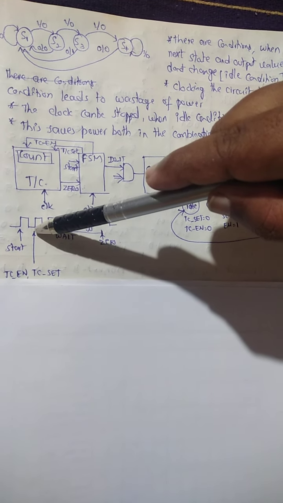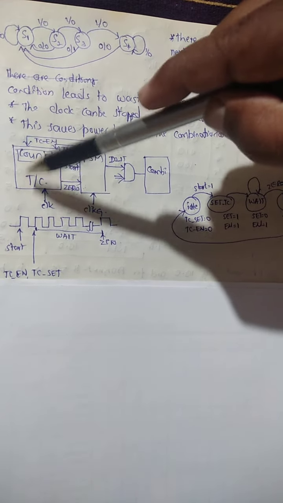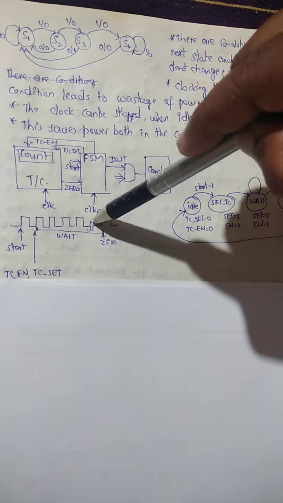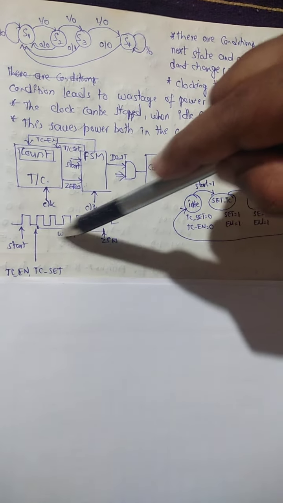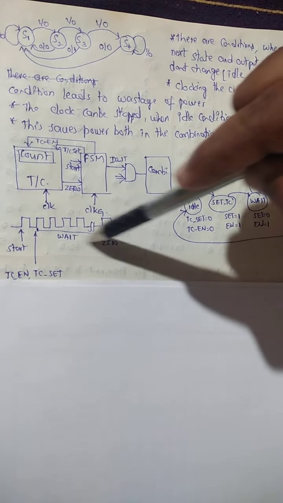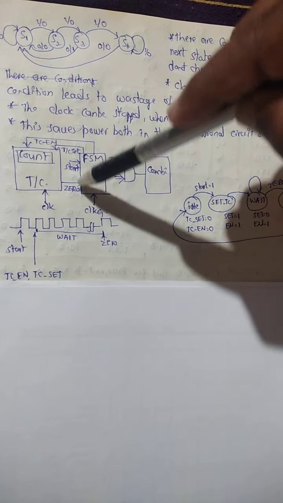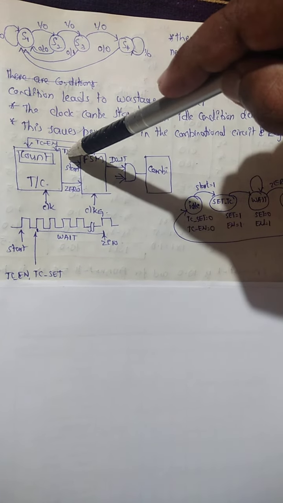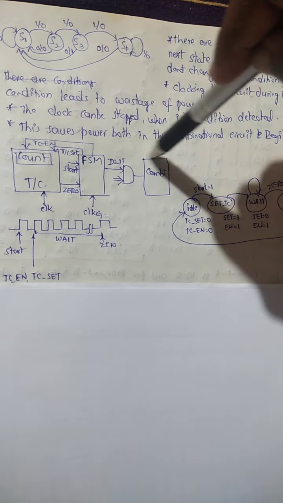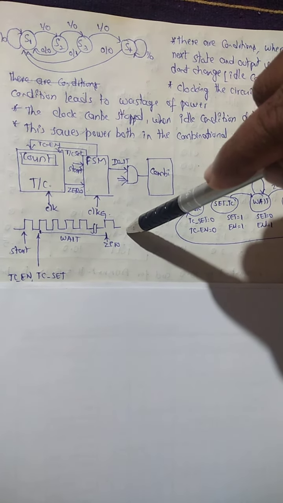Now what will happen, this timer will do the operation. It will do all the counting, and it will take some time. So up to that time it is going to be in wait. I have mentioned here that all these things are under the wait. This is the duration taken for the wait. When it comes to this point of time, the 0 goes high. When it goes high, automatically all these things become active.